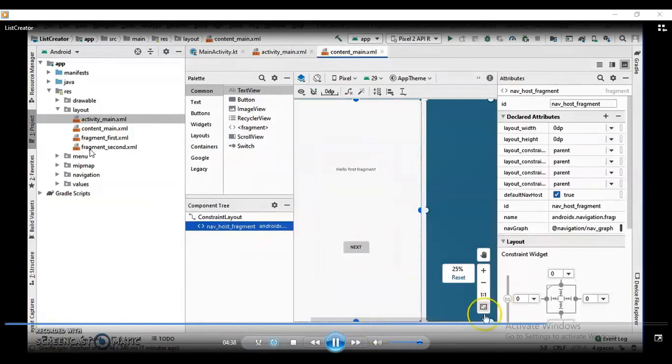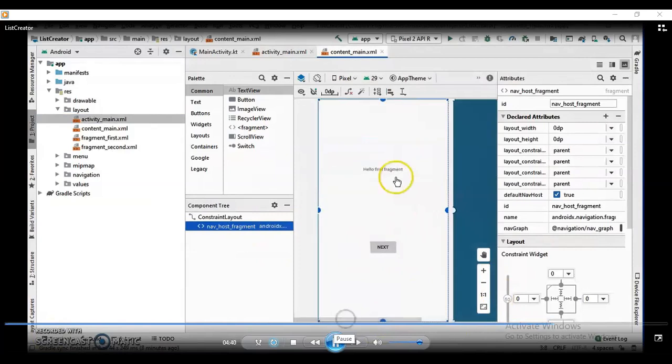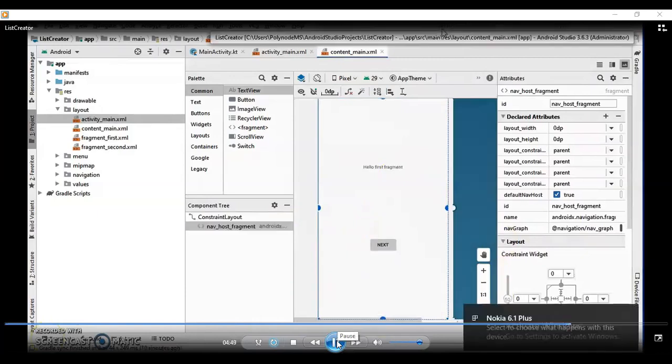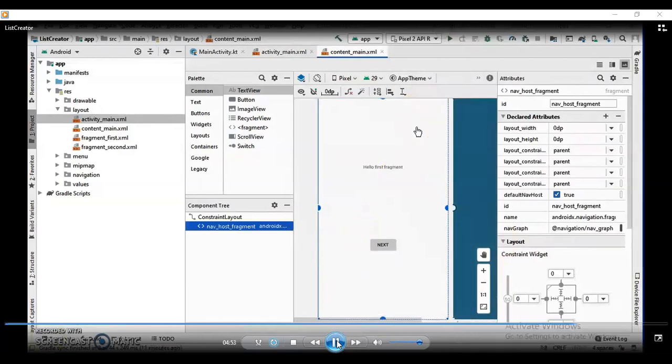You can try to open these two XML files, fragment first and fragment second, in design view. Currently in this video I have not opened them, but you just try to open them in design view and observe what is happening. Just try to run this application directly. We have not made any changes to it, but we can observe the output of this application.